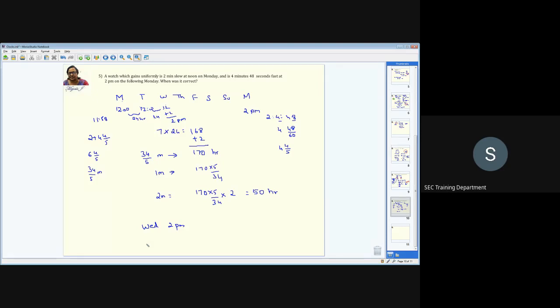Maybe it's a big confusion. You want me to do it again? Then I'll do it in the next class. The logic you have to understand, what exactly you're doing. So clock is something where you cannot get the answer directly. You have to think a lot. Apply the logic clearly. If you feel this problem is tough, then try to work. You just take a snap of this. Try to do it by yourself. And I'll explain that again later.